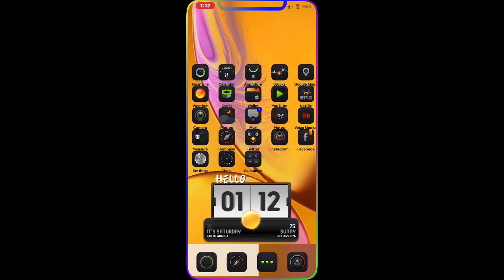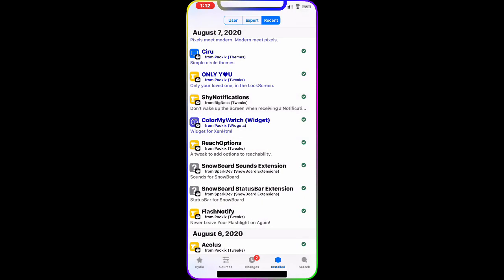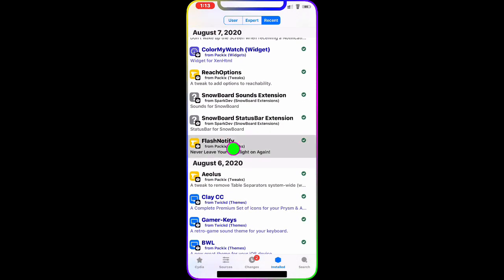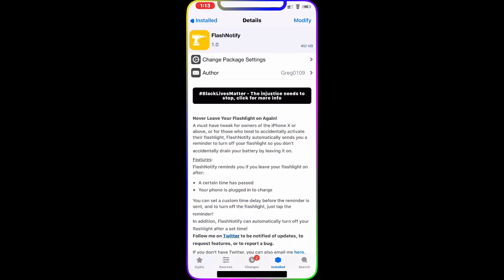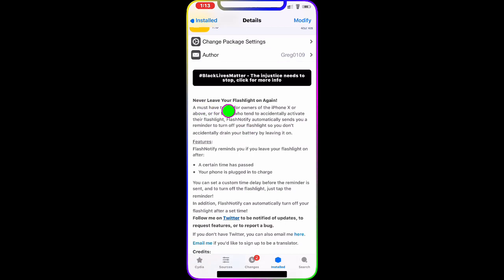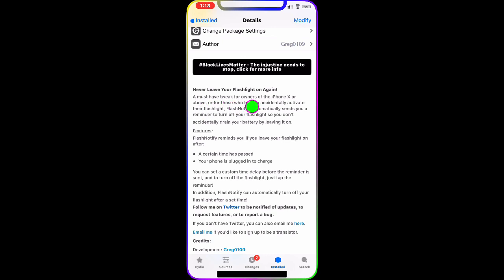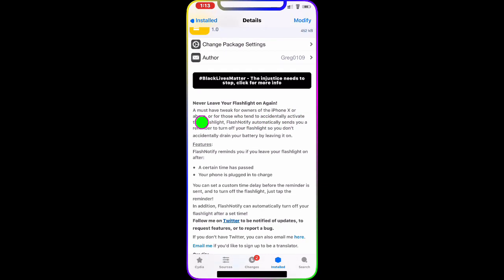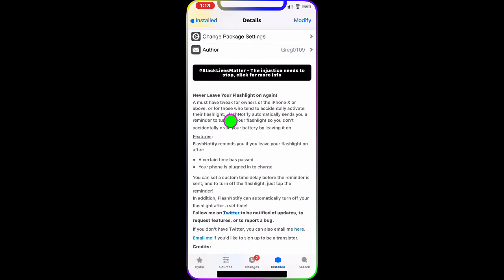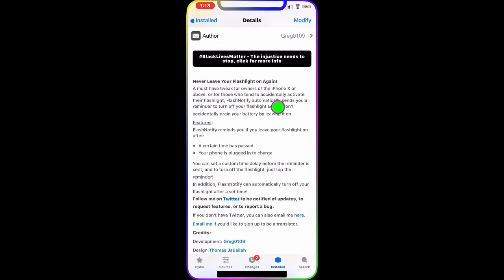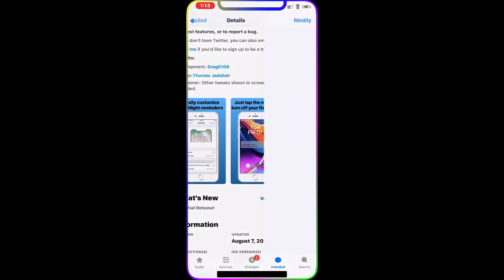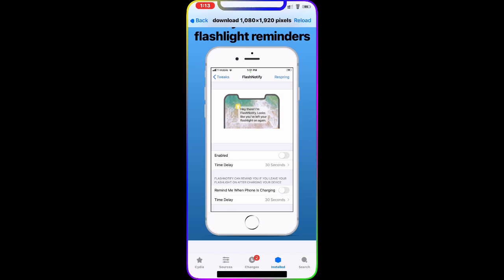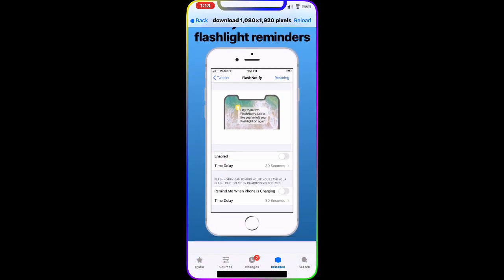Now the next one we're going to talk about today, we're going to go back to Cydia, and the next one is this one right here, FlashNotify. What this tweak does, basically, is never let you leave your flashlight on again. So it's basically a must-have tweak for owners of the iPhone X or above, for those who tend to accidentally activate their flashlight. For example, by accident you turn on your flashlight and you don't know it's